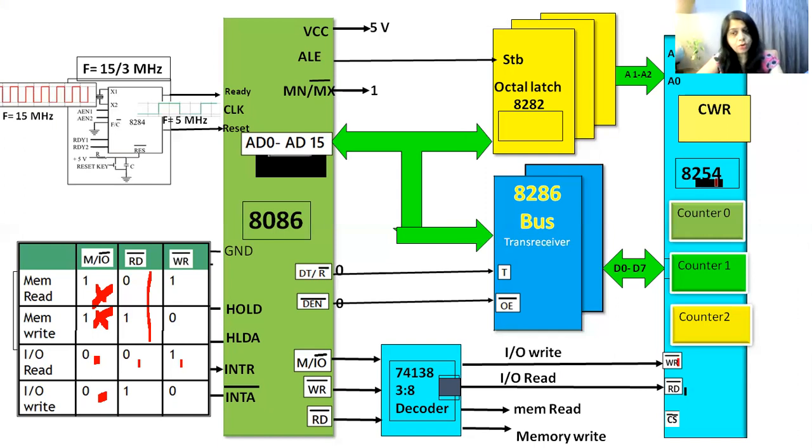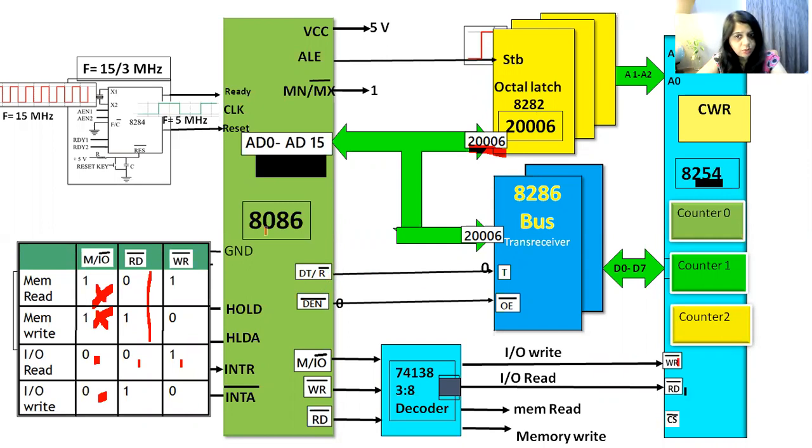Now let's see what happens in minimum mode. In minimum mode, the address will flow on this bus. This 2006 address is taken just as a sample address. This address may be different. Okay, and ALE transmits this pulse to the strobe like this. So as soon as this octal latch receives this pulse, it will latch this address on the address bus in the latch. And after that it will transmit logic 0 on this pin.